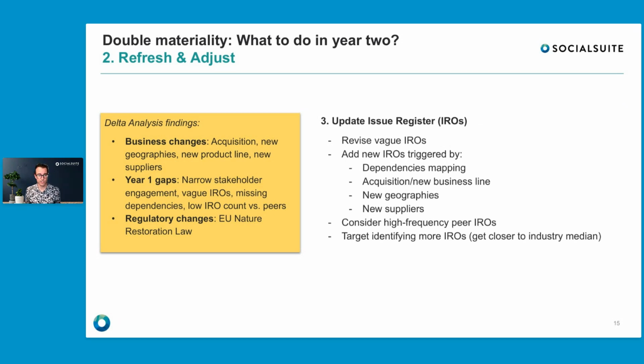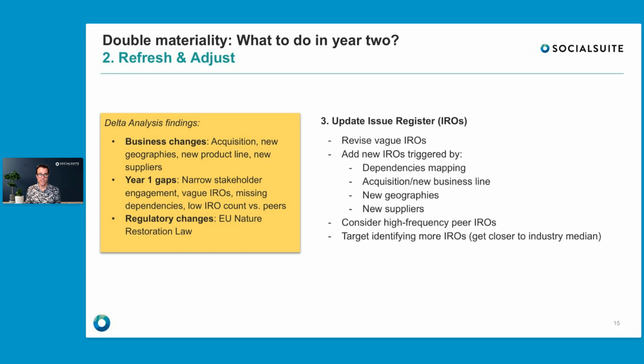Then we go to our issue register, or sometimes called the IRO register, in which we capture our dependencies and IROs. One of the key things we found is that our IROs were pretty vague. And what I mean with that is they may be really short, they may not have been specific. When people talk about SMART goals, they're asking you to really make your goals SMART in terms of specific, measurable, actionable, all those things we want to do for IROs as well. We want to understand where does it happen in the value chain, who is affected, what is the change that is happening. So we want to make sure that the IROs are really targeted. If you read a particular impact or risk or opportunity, it's immediately clear what we're talking about.